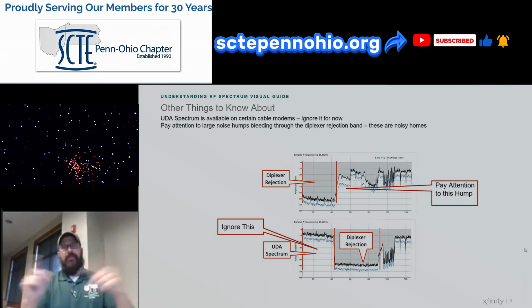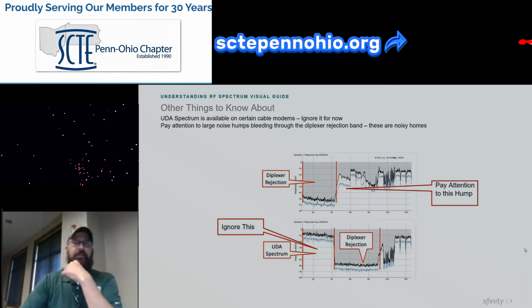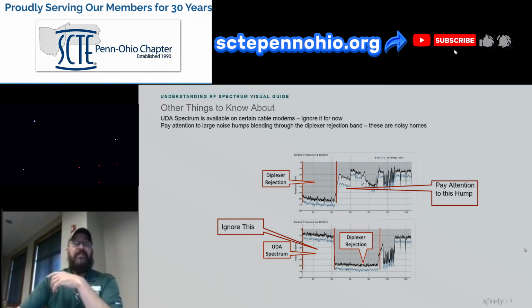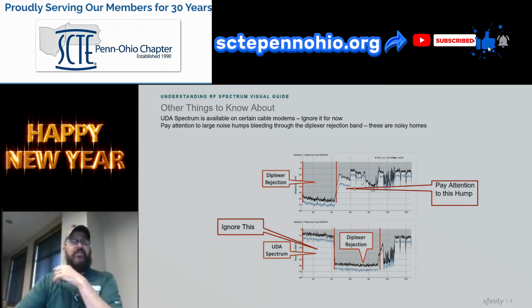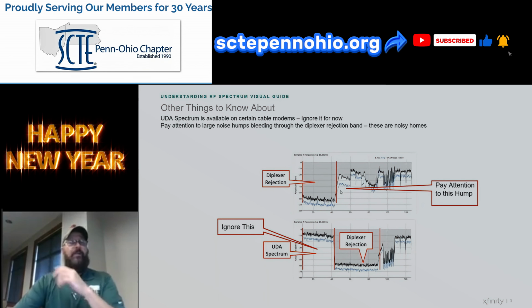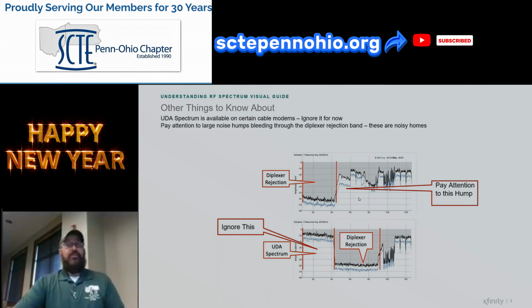So back to the downstream, the full band capture capability of these devices can tell us, in this instance, I would say there's a bunch of noise coming from this house, because in this portion of the spectrum,